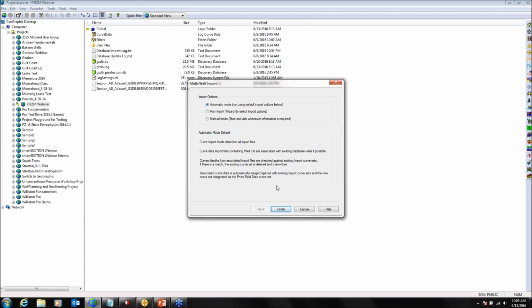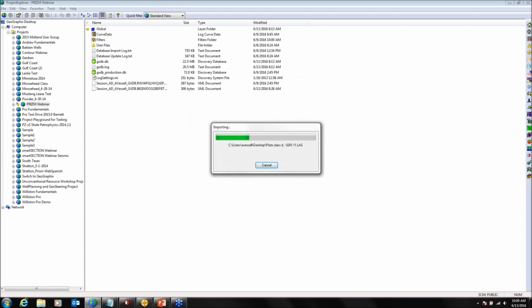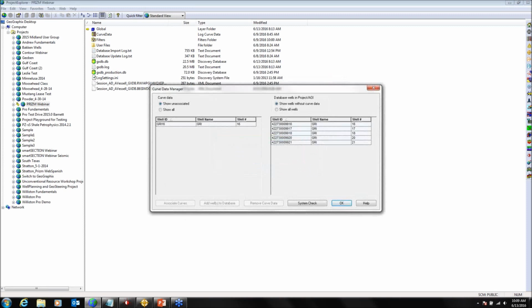So for this one, I'm going to do automatic mode and let it finish here. And so it just goes through all those files and says, okay, here's the well ID, here's the well ID in the project, put those together, data's associated. When I'm done with the import, I'll see this message pop up here, and I have one unassociated well in